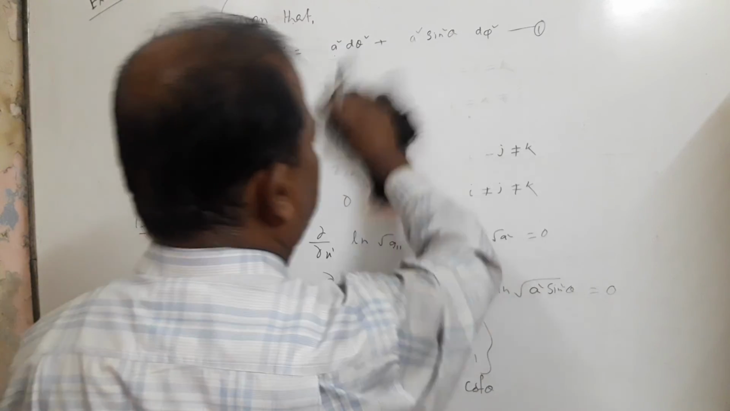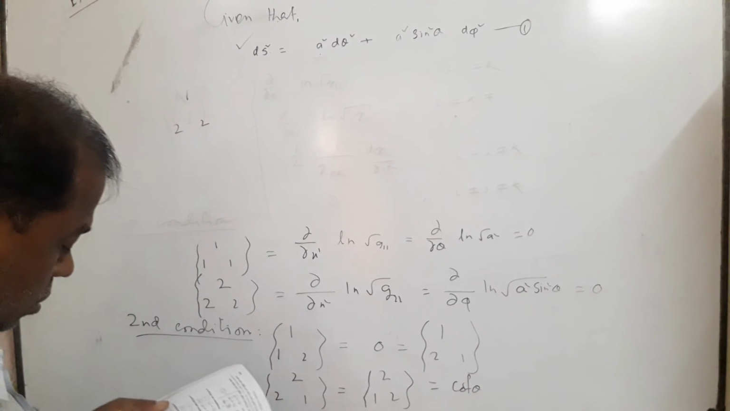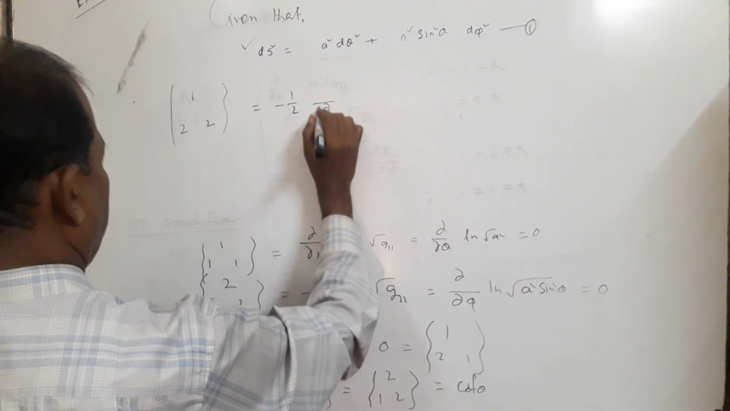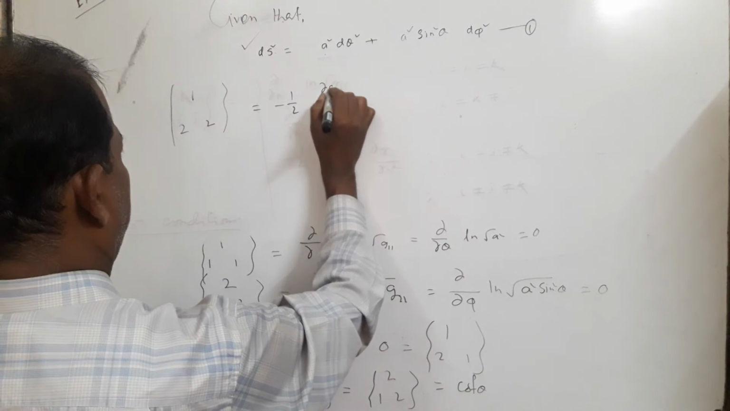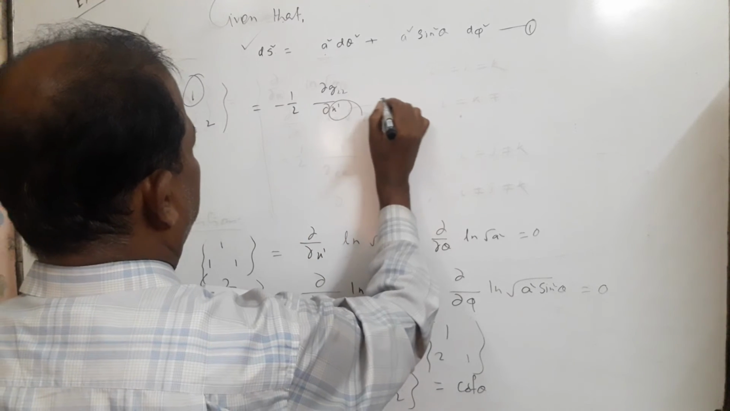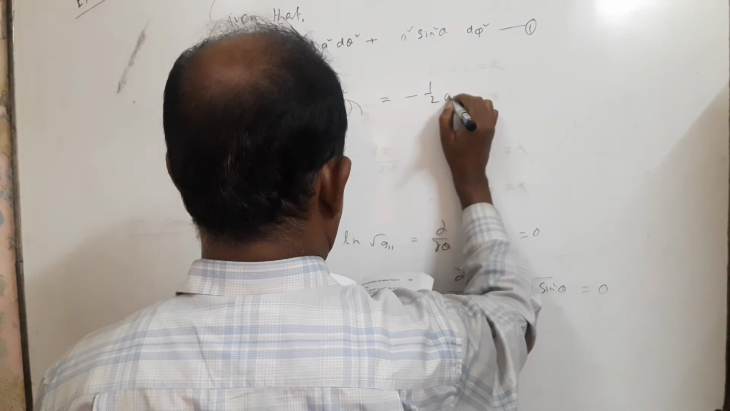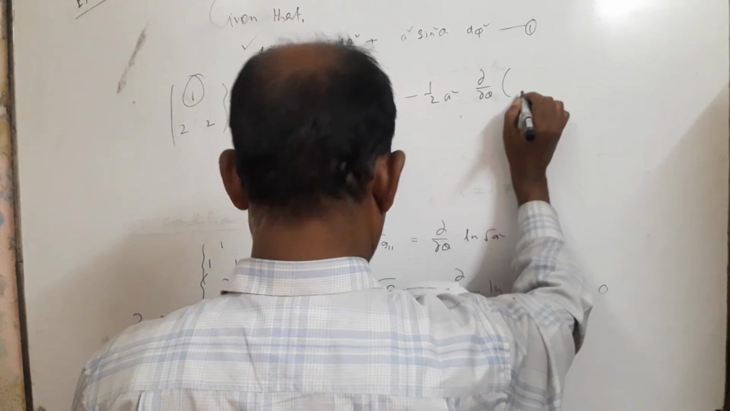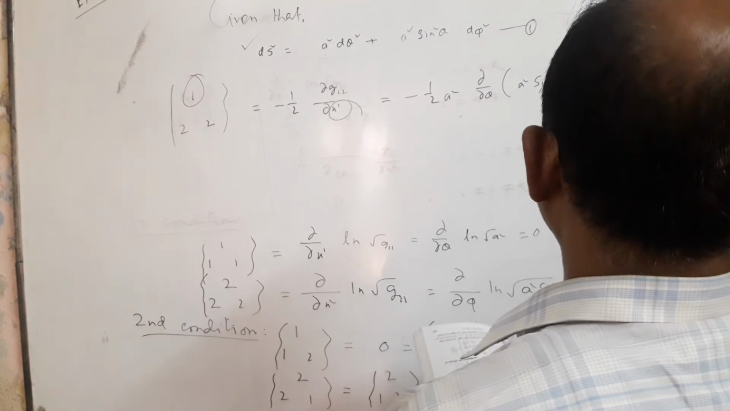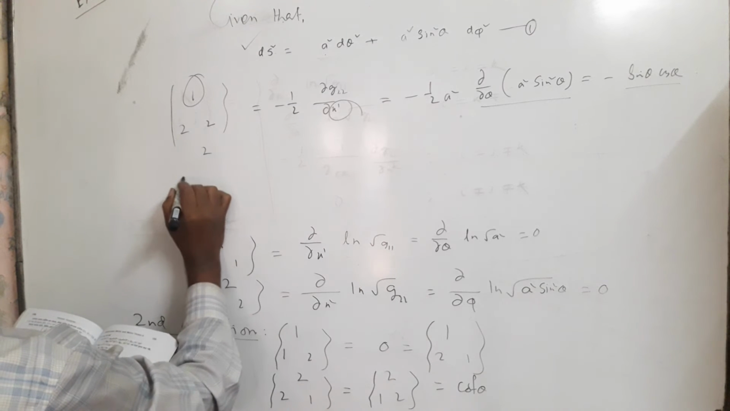is Γ^1_{22} equal to minus half ∂g_{22}/∂x^1 divided by g_{11}, equal to minus half into a² ∂/∂θ of sin²θ divided by a², which is equal to minus sin θ cos θ, with the derivative of this,